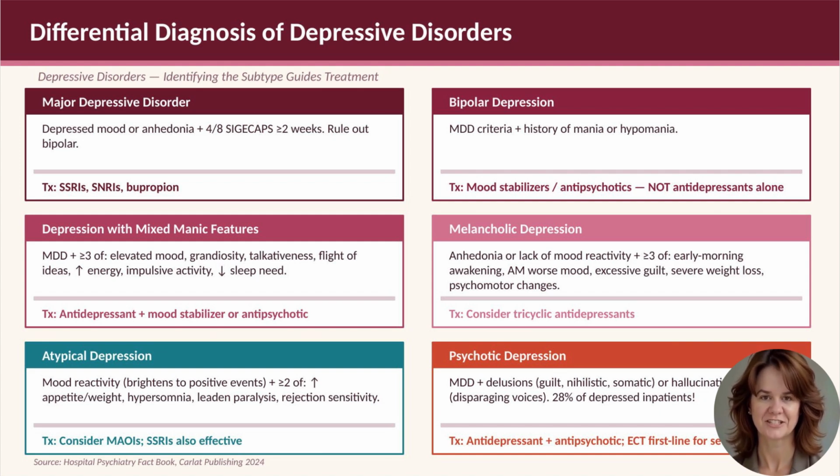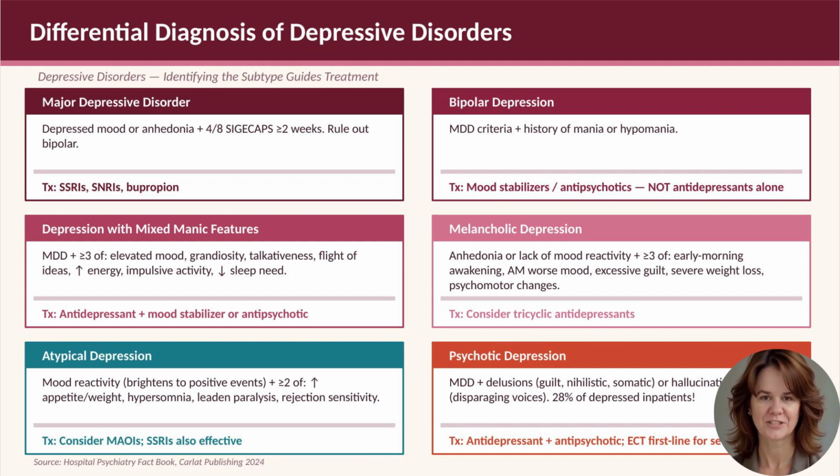However, diagnosis does not stop at symptom counting. Clinicians must actively rule out bipolar disorder by assessing for any history of mania or hypomania, because this immediately shifts treatment away from antidepressant monotherapy. Persistent depressive disorder should be considered when symptoms are chronic over at least 2 years, even if they are less severe, while substance-induced depression and medication-related causes must be assessed through careful history, including alcohol use and agents such as